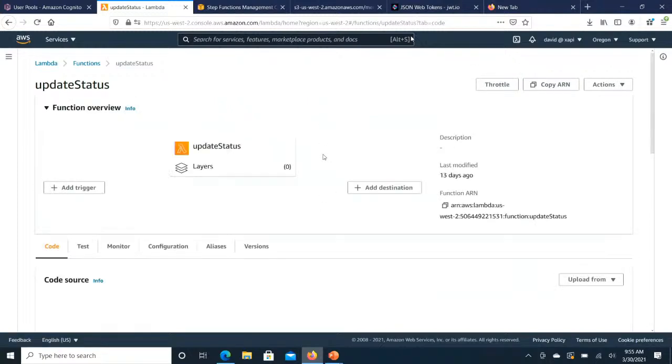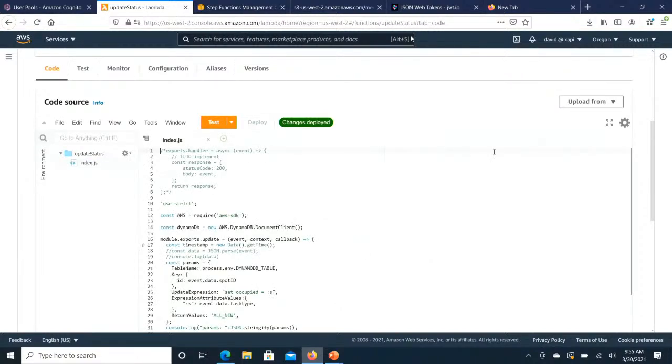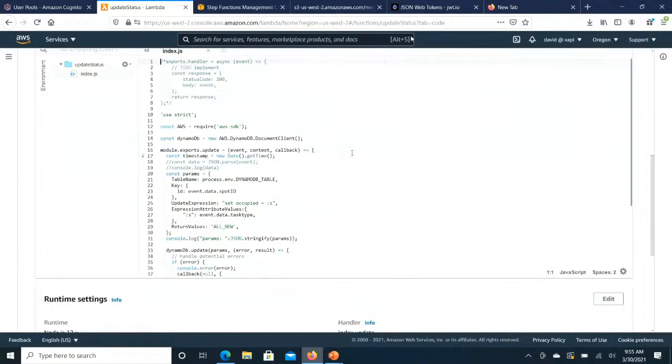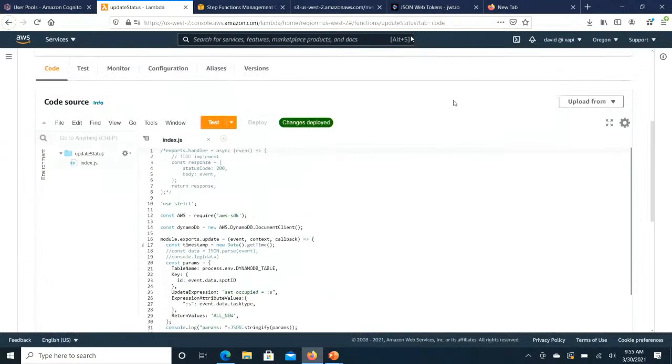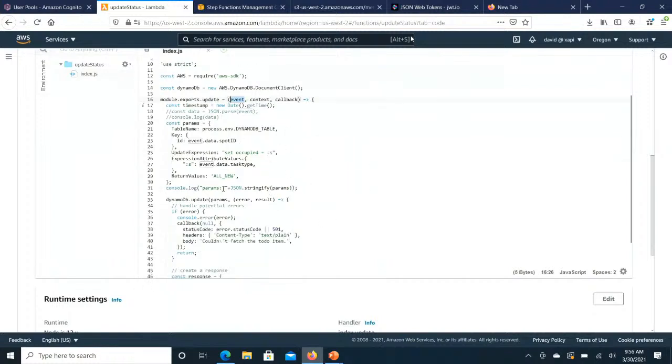So I don't have to pay for this Lambda function being here until somebody actually calls that state machine, and that state machine then triggers this function. So if I scroll down here in a moment, I can click on this little script file, and you'll see that all this is doing is it's passing in the event right here, and that event has that parking lot number, and it has the time that I requested, and then it's making an API call to the service DynamoDB and updating a table. So that's where we're actually storing the state of this particular parking lot application.